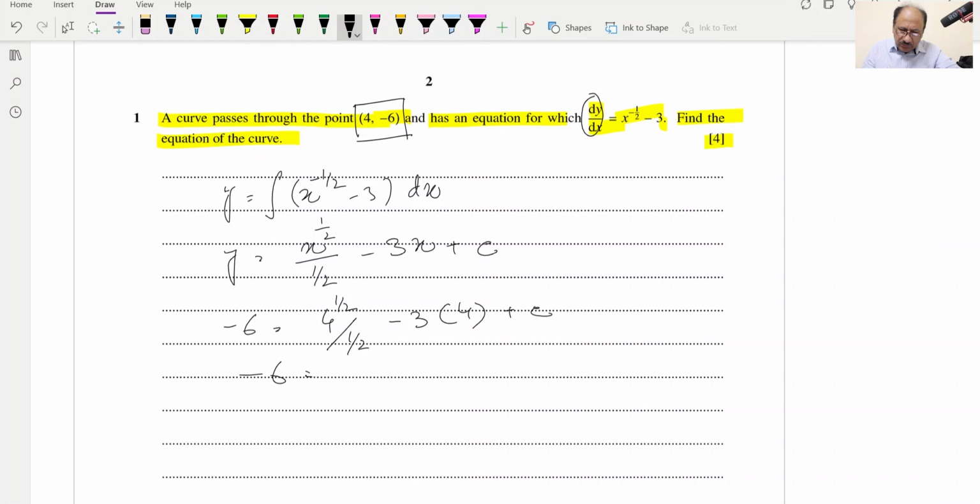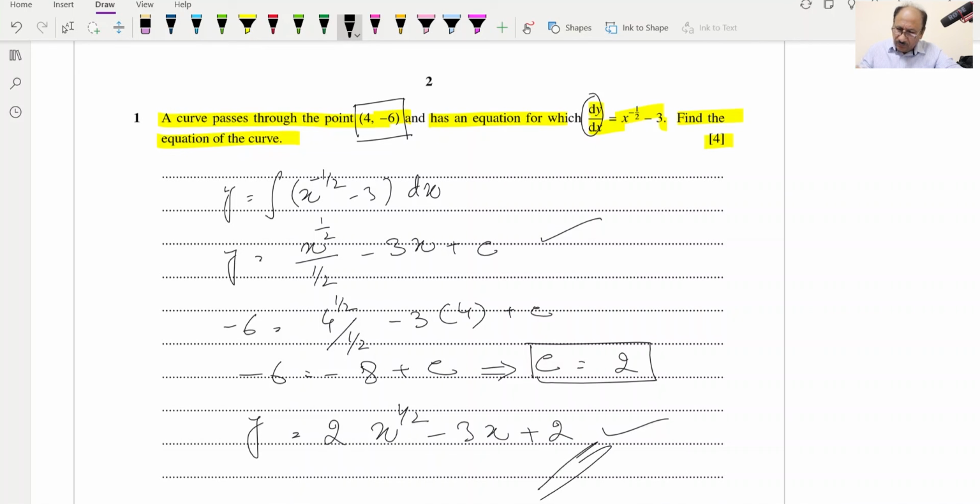So minus 6 is equal to minus 8 plus c. This implies c is equal to minus 6 plus 8, so it will be 2. So the c value is 2. Now we replace this c value in the equation, and we get y is equal to 2 x raised to the power 1/2, minus 3x, plus 2,